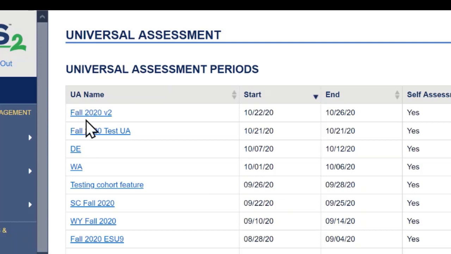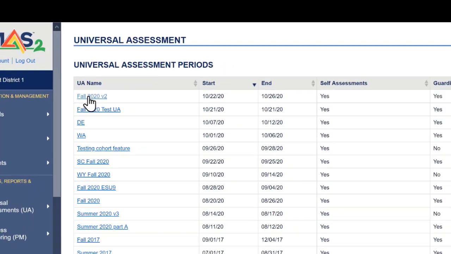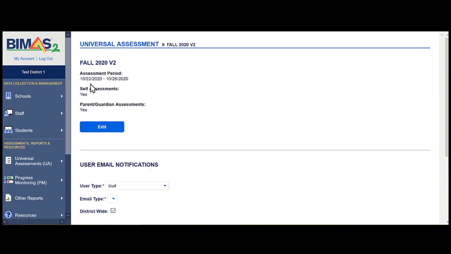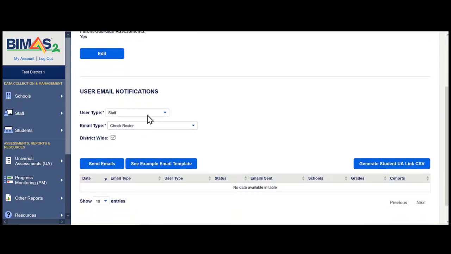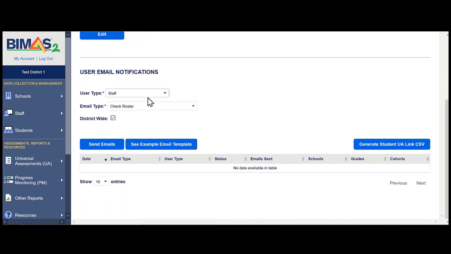So now what I'm going to do is perform the next step, which is to identify, or invite, I should say, those who will perform the testing, the rating. So I open the window, and at the very top part of the screen, I see the assessment period, the self-assessment, parent assessment, and of course, I also see the user notification